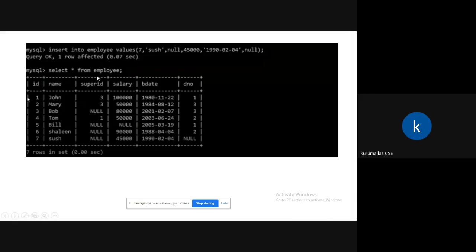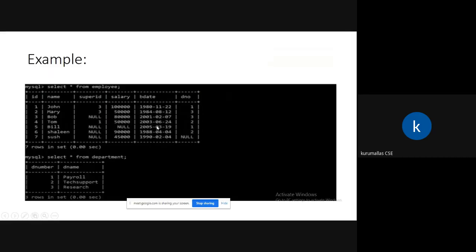Select star from employee, right? Previously we had 6 rows. If you insert this one, 7 rows, right? Now the data is available. Now whenever you insert this, any changes are happening inside this table, and the second table, whenever you insert into this table, any changes are happening.